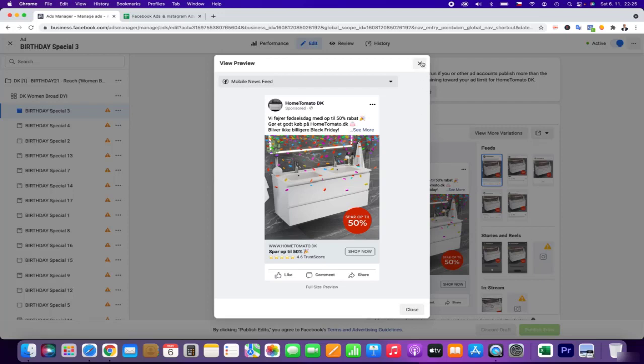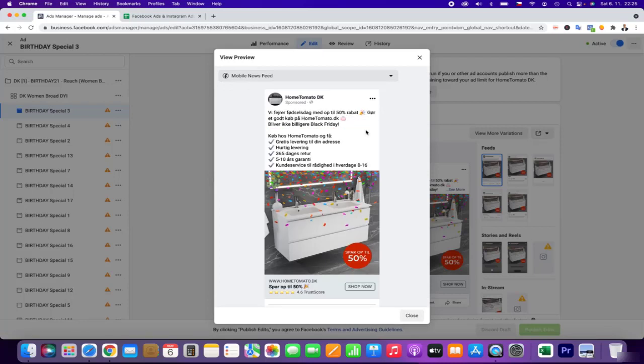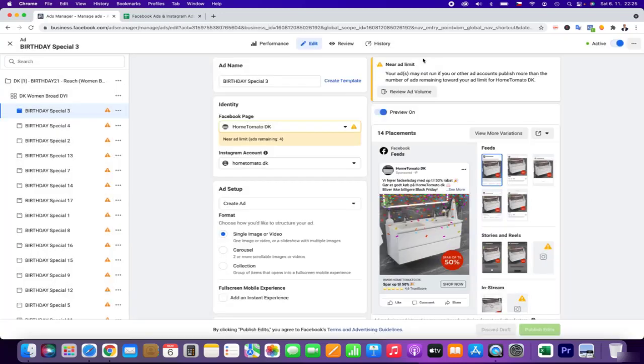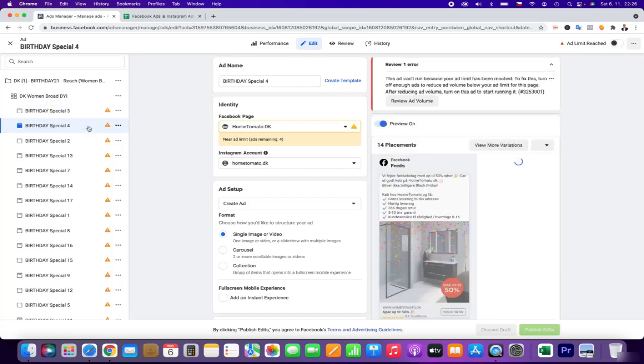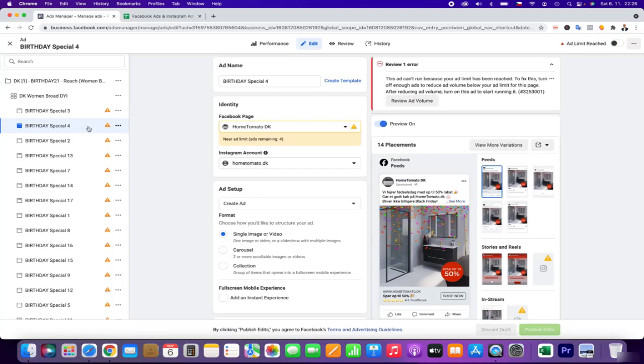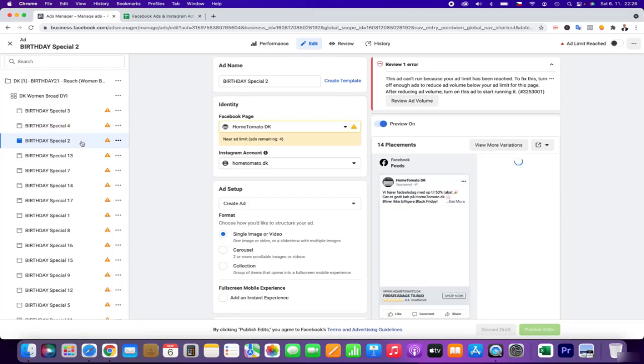So basically, as you can see, the goal is to really, really show the ad and the new ads to as many people as possible. But I wanted to create especially this celebration, birthday, Black November, everything new. And the reason is because when I set up this reach, it's the second time, and basically some people that will see it